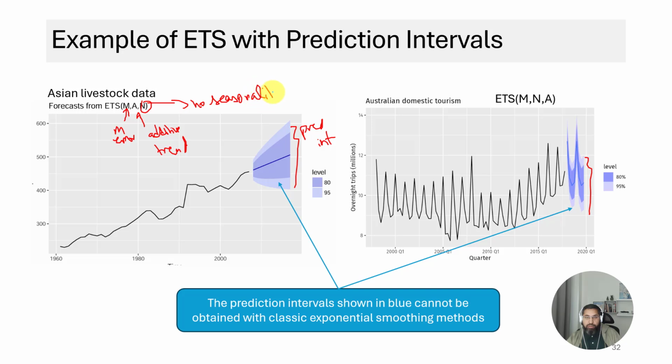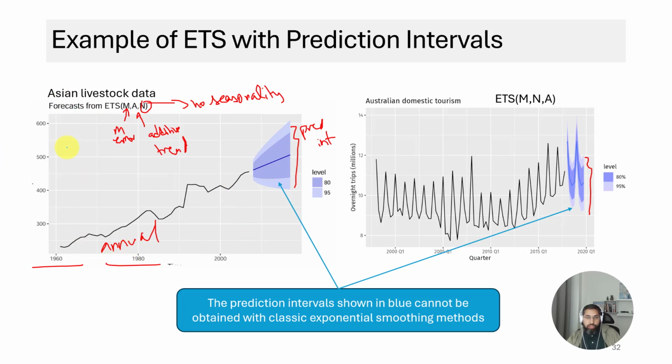Because I have annual data. See at the bottom, this is annual data. Whenever you have annual data, you can't have seasonality. Seasonality always has a cycle over 1 year or less than 1 year. So if you have just one observation per year, how are you going to detect a cycle if you have only one observation per year? There can be no seasonality when you have one observation per year. So annual data has no seasonality, okay?